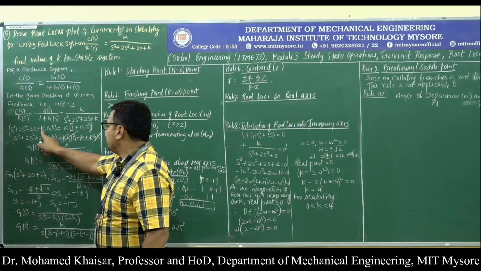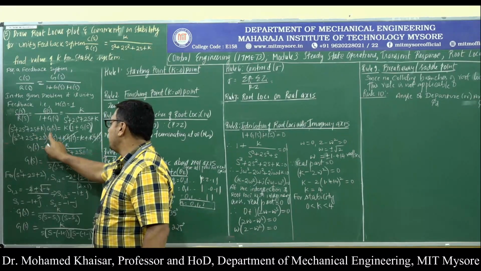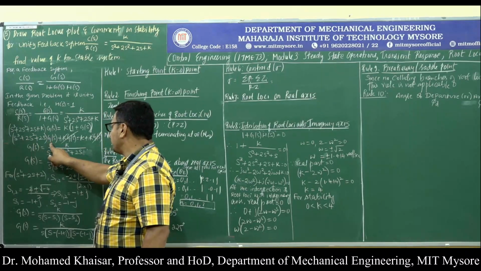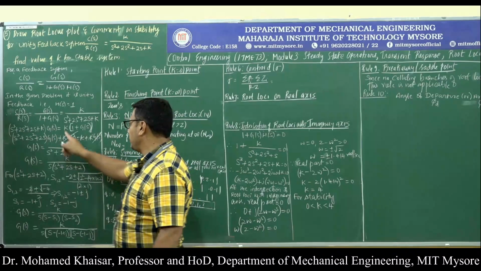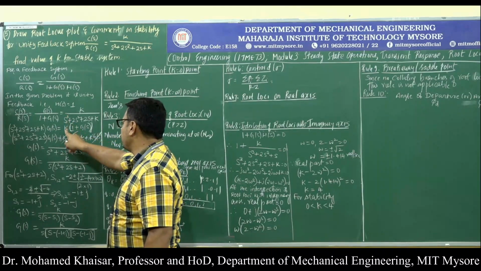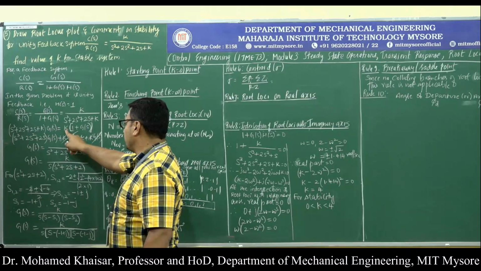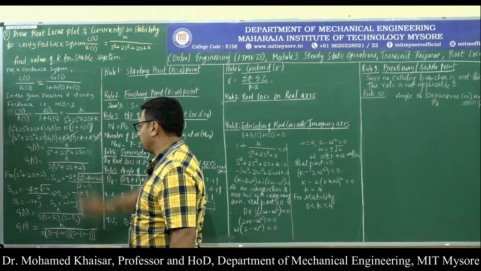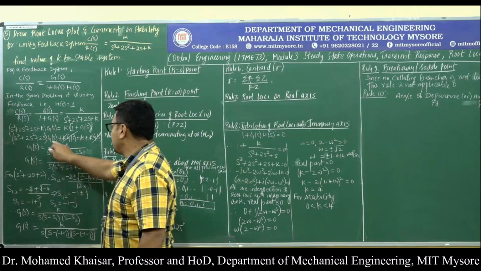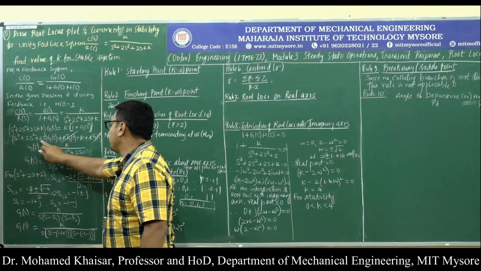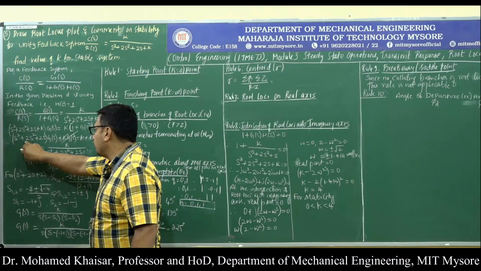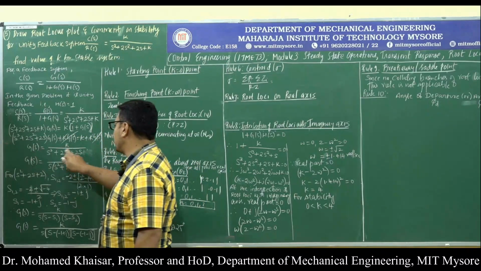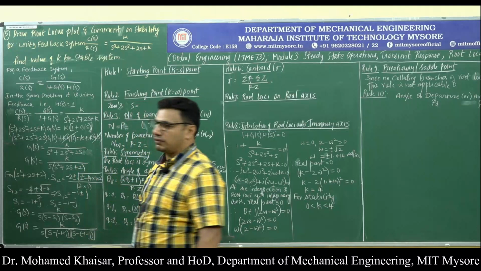Then what we will do is, we will try to take out k into G(s) separately. So we will be left with s cube plus 2s square plus 2s into G(s) plus k into G(s), that is equal to, on the right hand side, k into 1 plus G(s). So that gives us k plus k into G(s). kG(s) and kG(s), both of them will go away. Then we will be left with this equation, and if we cross multiply s cube plus 2s square plus 2s with the right hand side, we are going to get G(s) is equal to k divided by s cube plus 2s square plus 2s.